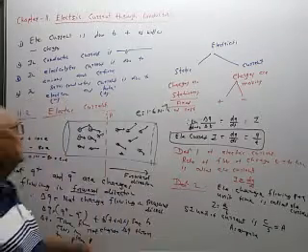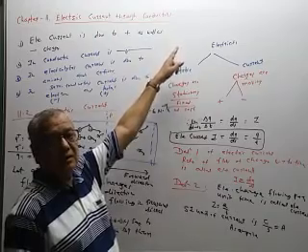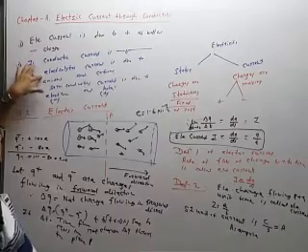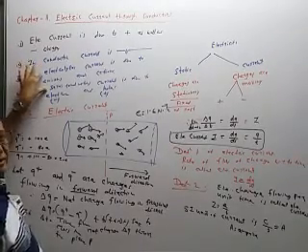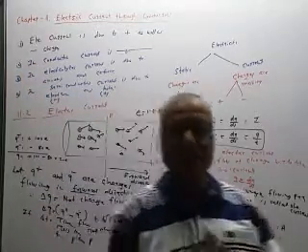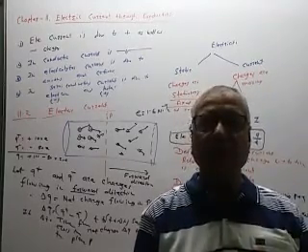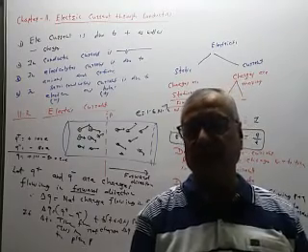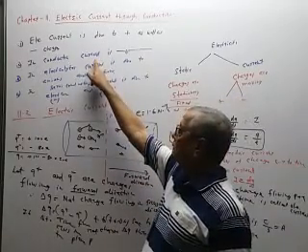Now, what is the title of the chapter? Electric current through conductors. These two cases, electrolyte and semiconductor, we are not going to see these two cases. This current through the semiconductor is, that part is included in next year syllabus. 12वीला का पार्ट असो. आणि इलेक्ट्रोलाइट मधला करंट जो आहे तो केमिस्ट्री मध्ये तुम्ही स्टडी करणार आहात. So we are concentrating only this first part.